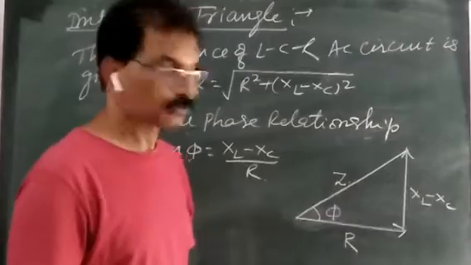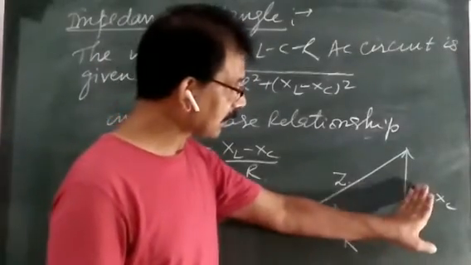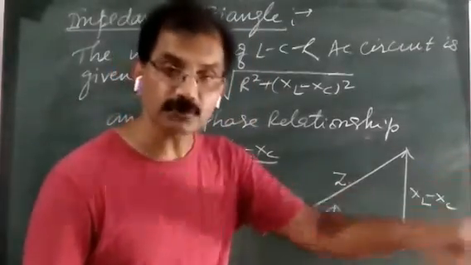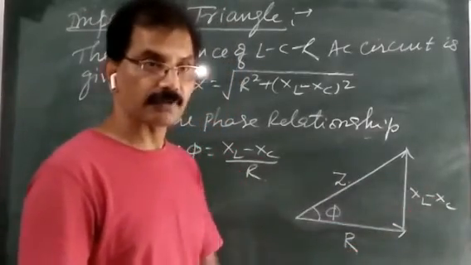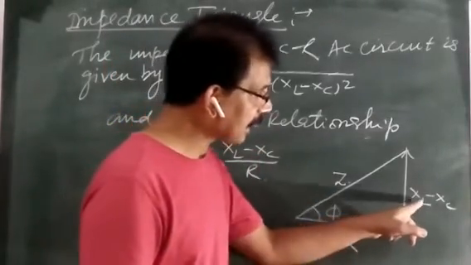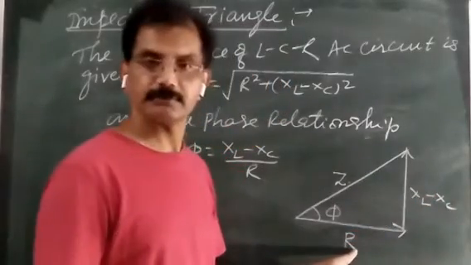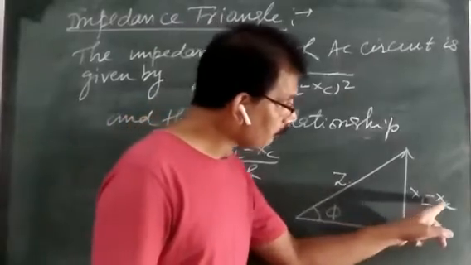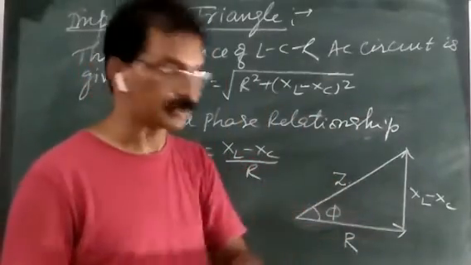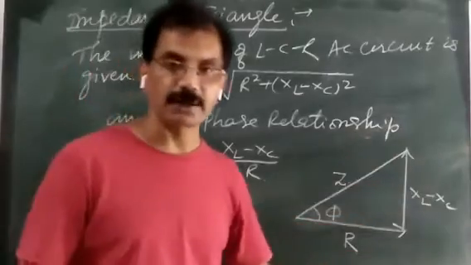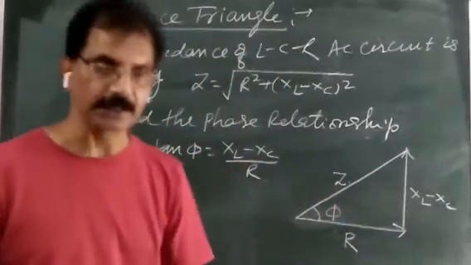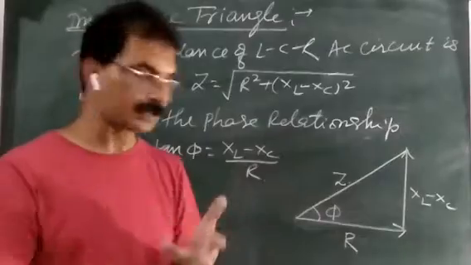Suppose CR circuit, तो वहां पे L नहीं है, तो XL हटा दीजिए और फिर यहां पे लिख दीजिए Z इज इक्वल टू रूट R स्क्वायर प्लस (माइनस XC) का होल स्क्वायर करेंगे तो XC स्क्वायर आ जाएगा, तो रूट R स्क्वायर प्लस XC स्क्वायर। And when you will take tan phi for LR circuit, C नहीं है तो you write XL upon R। For CR circuit tan phi is equal to minus XC upon R, यहां माइनस साइन बता देगा कि वो phi lags behind it with the applied voltage। So by using this relation you can find out the impedance as well as the phase relationship between applied voltage and current for any circuit, either LR circuit, CR circuit, LCR circuit, by any way।